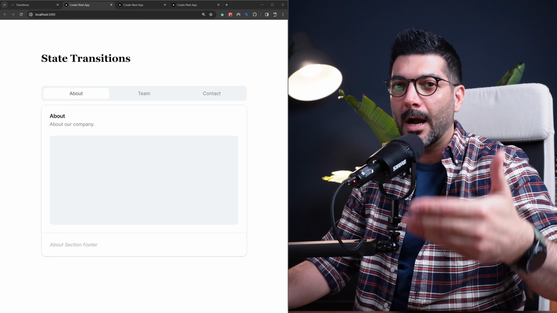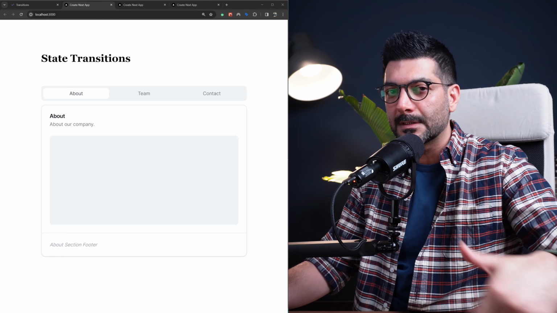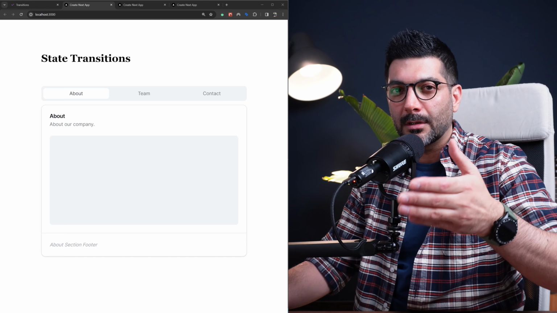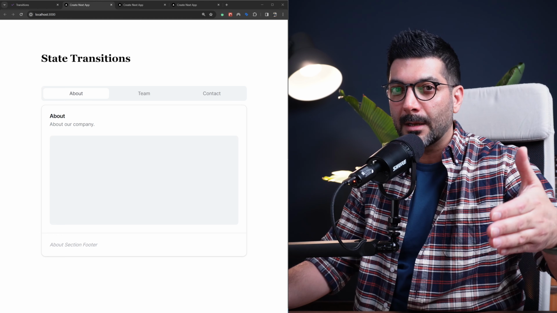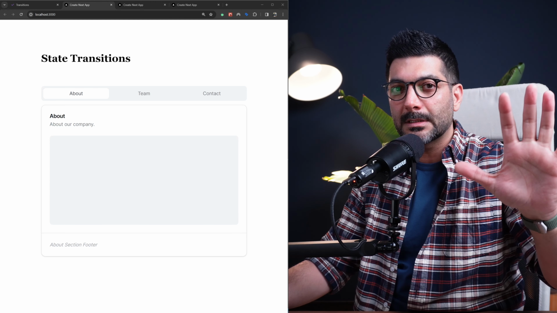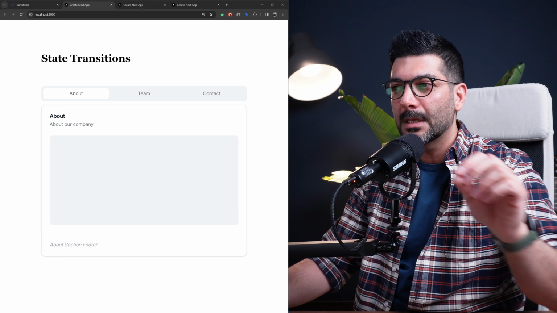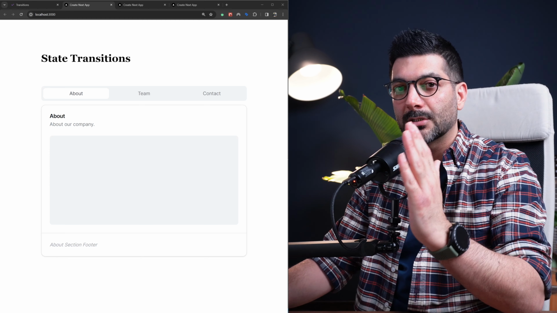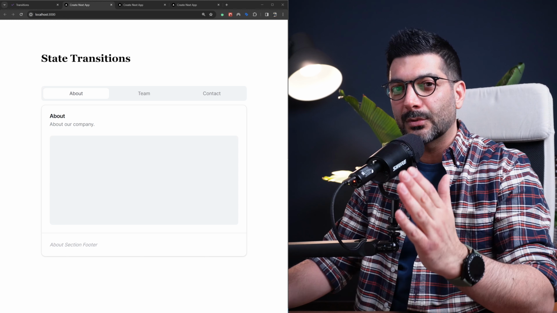So your UI is still responsive even though the state is updating, because state updates usually are synchronous. So when the state is updating and a re-render is happening, the UI is blocked. The user can't actually do anything else. But with transitions, that state update or that transition can be interrupted with another decision or state update from the